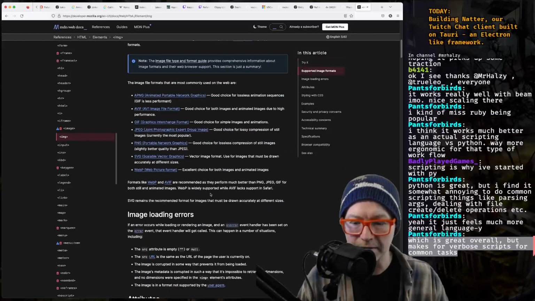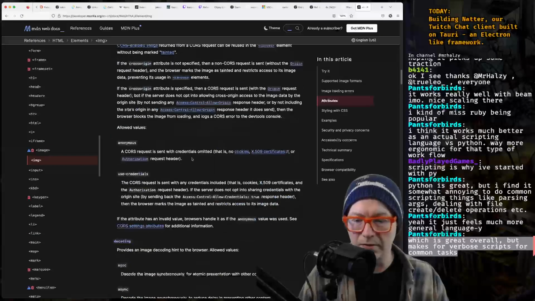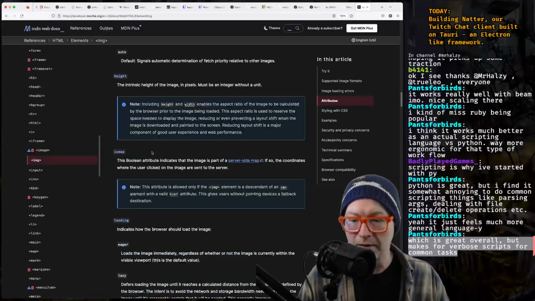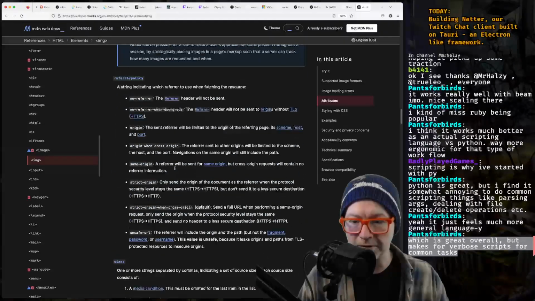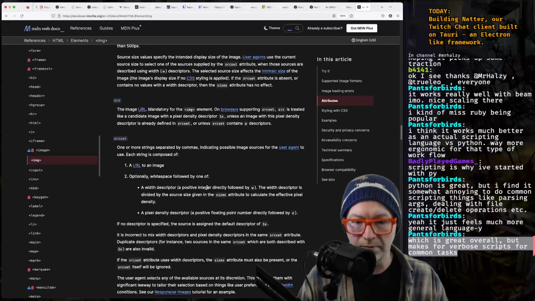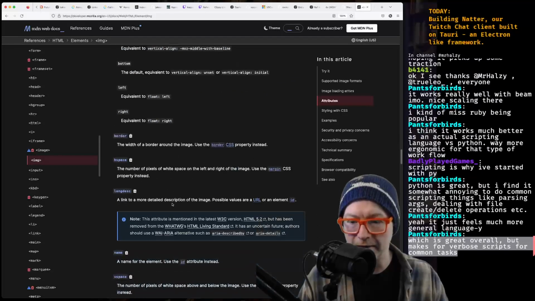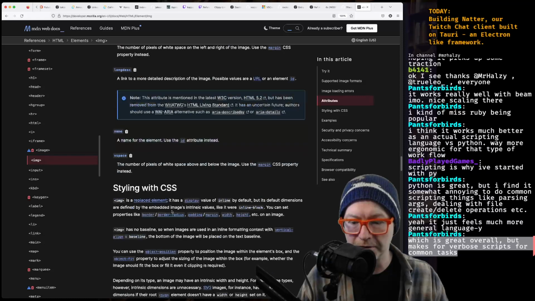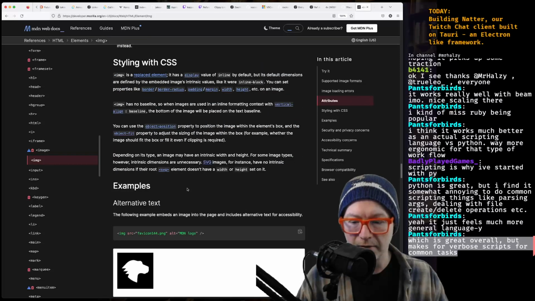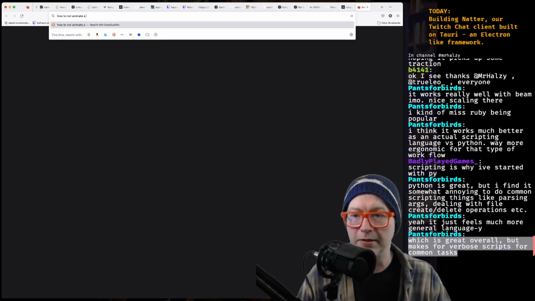Or is there a CSS attribute? Decoding, sync, okay, blah, blah, blah. Fetch priority, height, width, is map, loading, events, okay, no, no, no, sizes, source set. Width, use map? Yeah, I don't see. Yeah, those are all just deprecated. How to not animate a GIF?